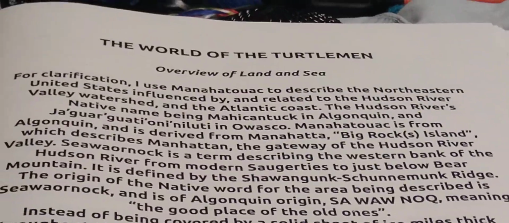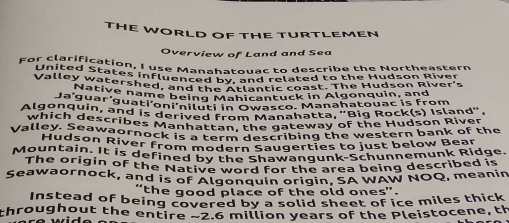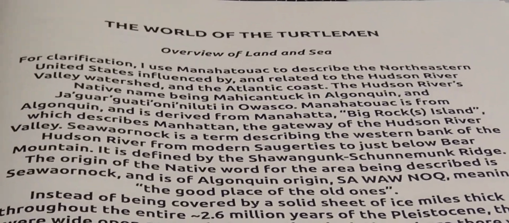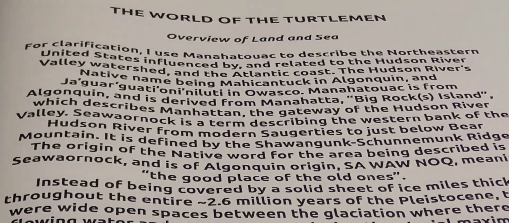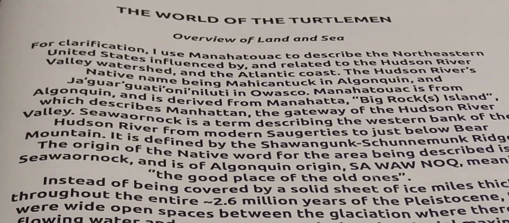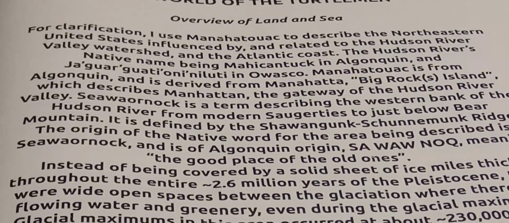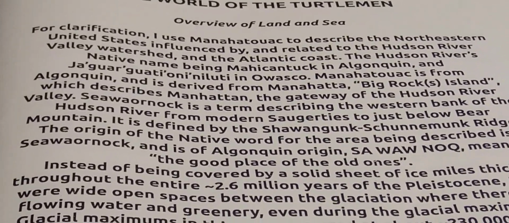For clarification, I use Mannahattuck to describe the northeastern United States influenced by and related to the Hudson River Valley watershed and the Atlantic coast. The Hudson River's native name being Mahicantuk in Algonquin and Jacaraguati Oni Naluti in Owasco. Mannahattuck is from Algonquin and is derived from Mannahatta, which means Big Rock Island, which describes Manhattan, the gateway of